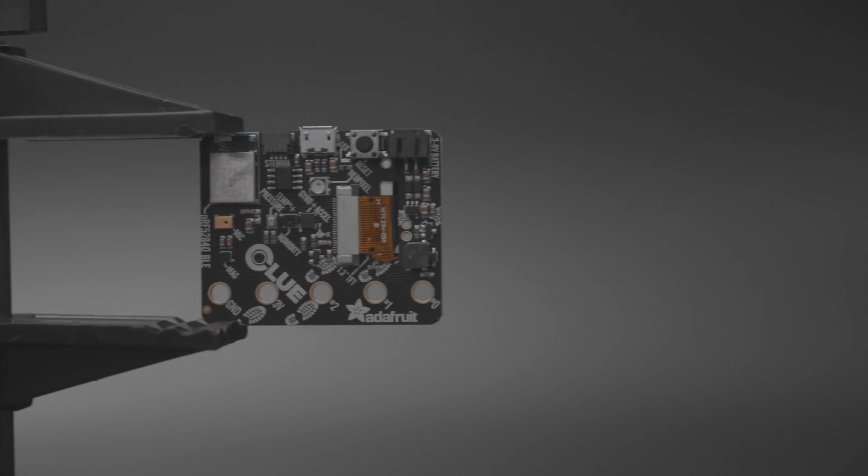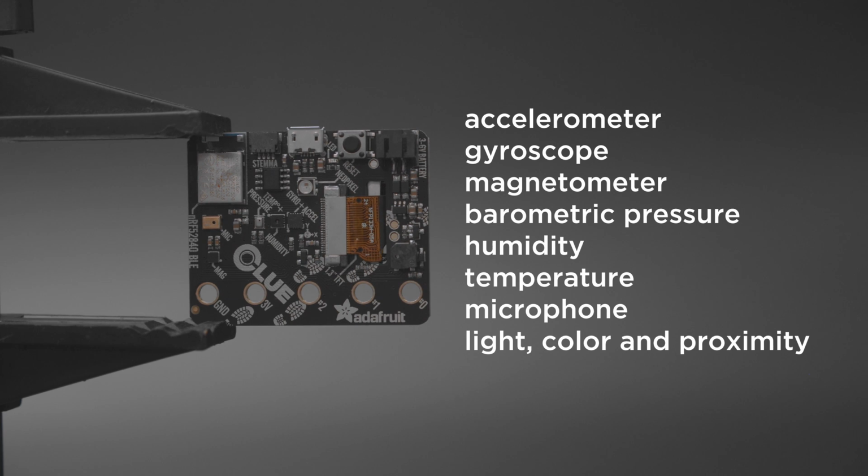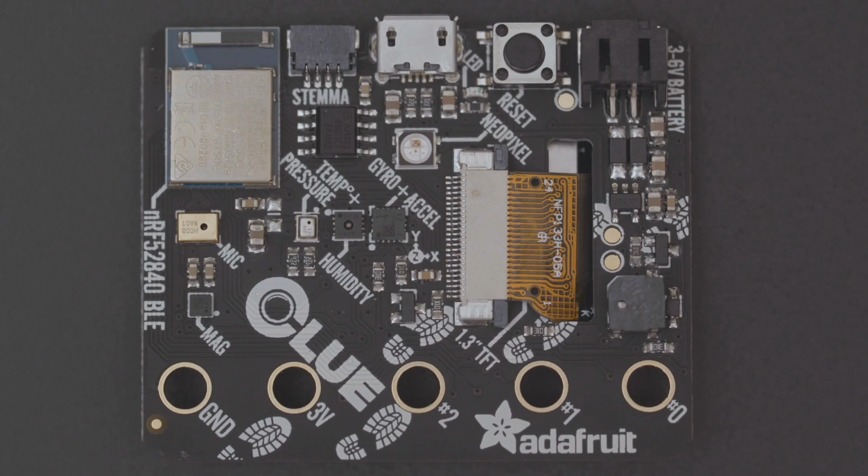It's packed with tons of sensors like an accelerometer, gyroscope, magnetometer, pressure, temperature, and much more. It features the nRF52840 with a Cortex-M4 processor and 2 MB of internal flash. It also has a PDM microphone, speaker, NeoPixel, and a stemma connector so you can plug and play even more